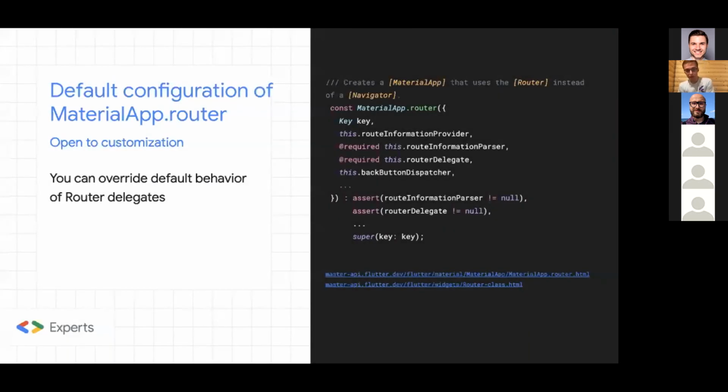So usually, if you just want to use the default implementation, there's not much you have to do. There's this new constructor, MaterialApp.router, and you can provide these 4 arguments: route information provider, information parser, delegate, and back button dispatcher.